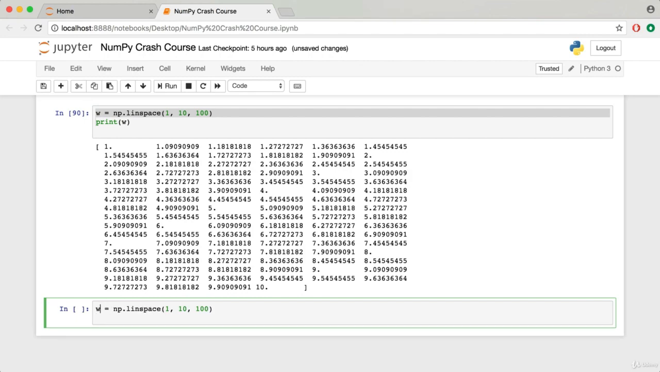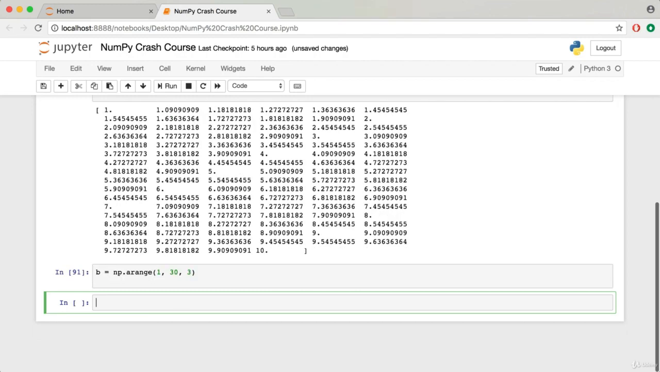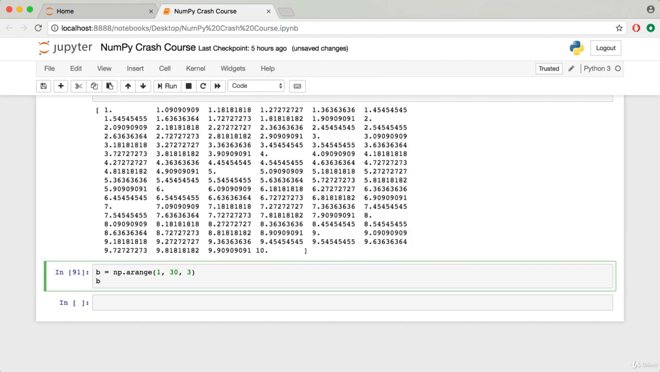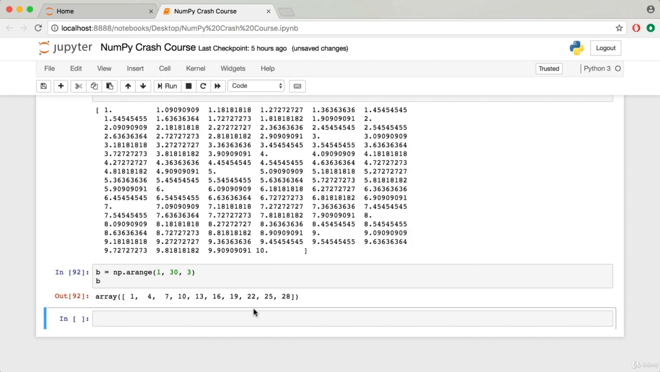I will call this b. b is equal to np.arange. And if I indicate a step of 3 and have the numbers go from 1 to 30, the sequence is still going to be from 1 to 29, except that it would grab every third element in the sequence, whereas with linspace,